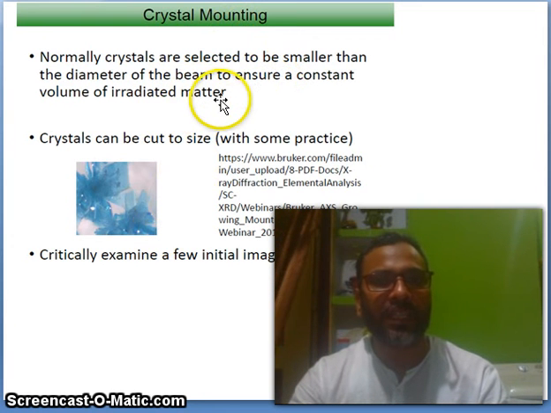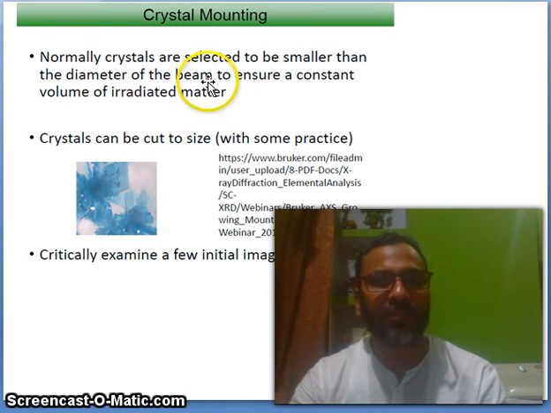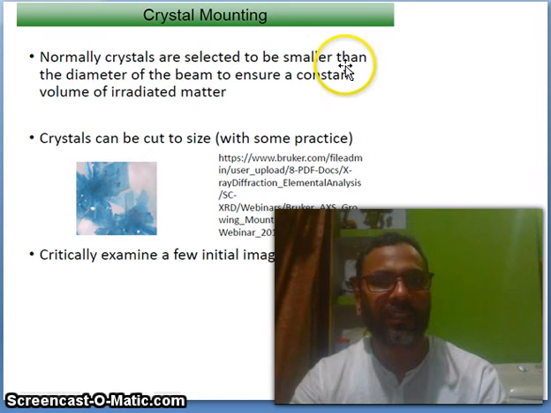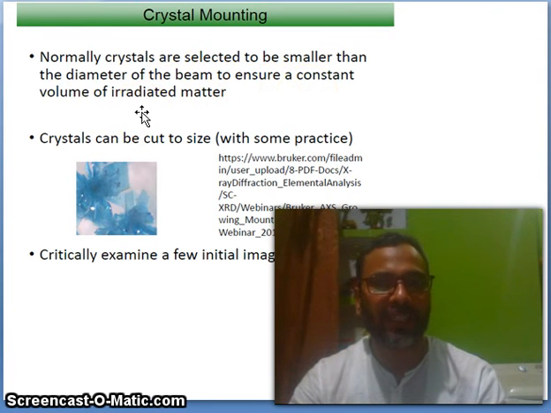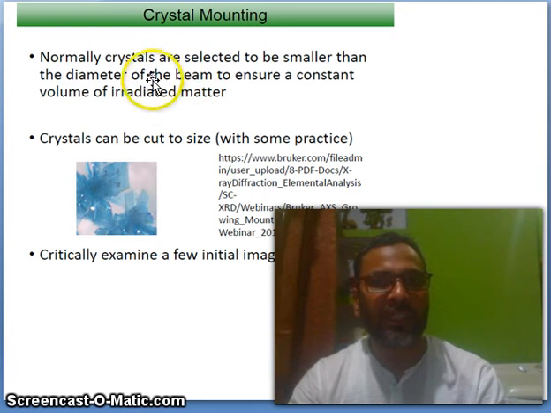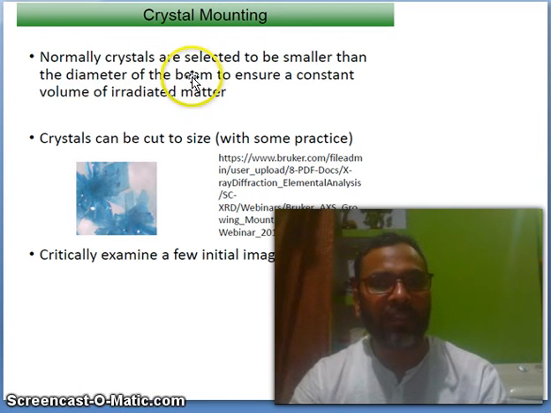Normally, crystals are selected to be smaller than the diameter of the beam. That is the important part. Smaller than the diameter of the beam. Have you seen the beam? So your crystal size and diameter is smaller than the beam to ensure a constant volume of irradiation pattern. So that is part of the operator's job, okay, they will choose the